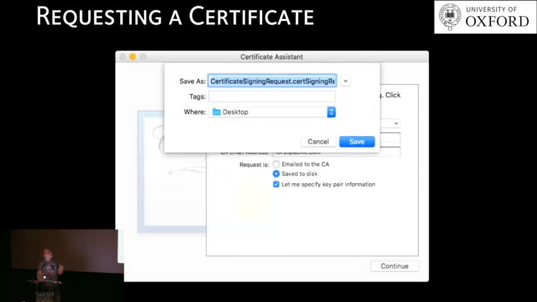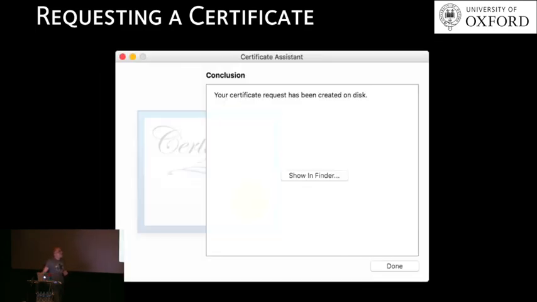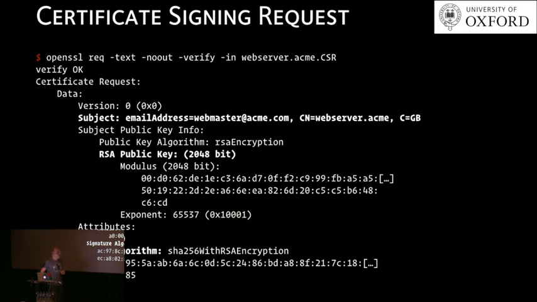I can then save this on my file system, or I can email it directly to someone. So I say I want an RSA 2K key. Please go for nothing else than RSA 2K at least. If you want, you can go for 4K. And then you get your certificate in your keychain, and you get a certificate signing request which you can email